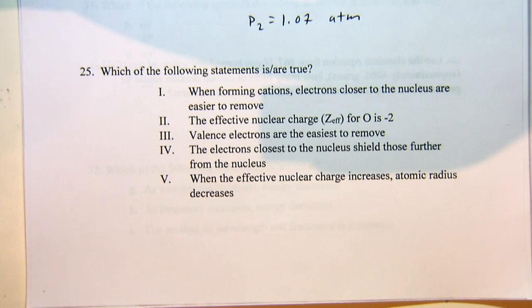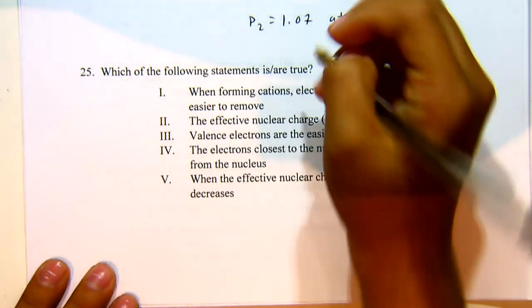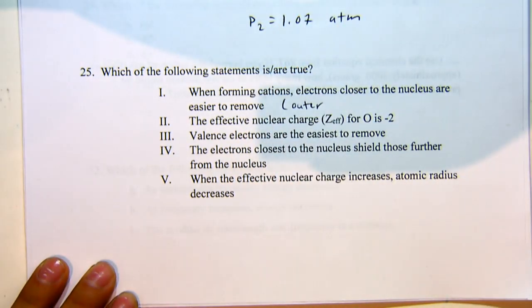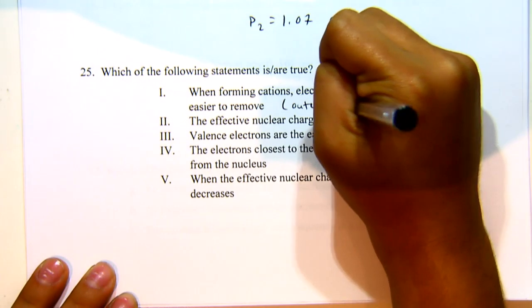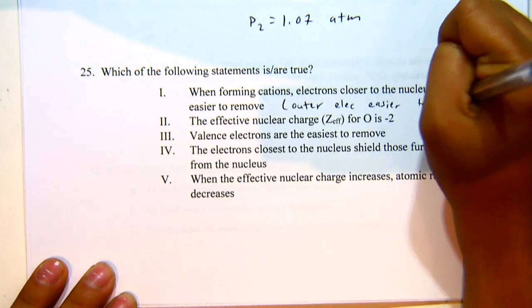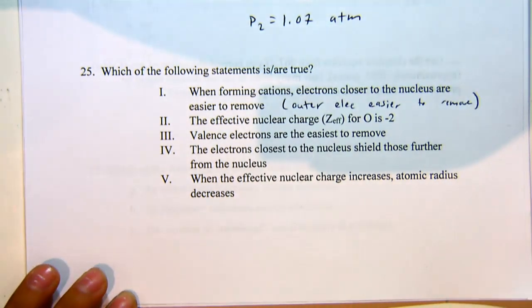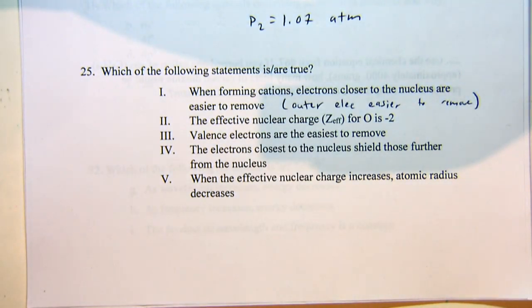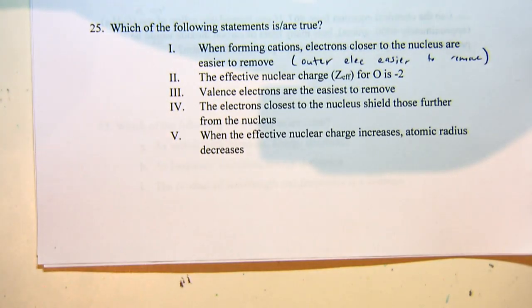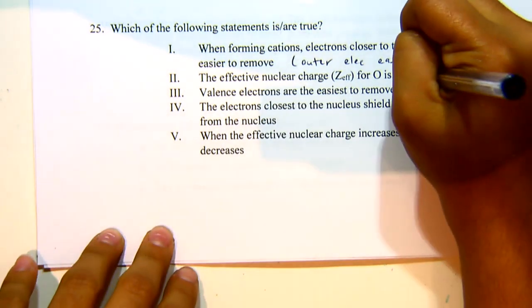False, because the outer electrons, which are the valence electrons, are the easiest to remove. The effective nuclear charge for oxygen is negative 2. Great, yeah, that's false. The effective nuclear charge for oxygen is actually going to be